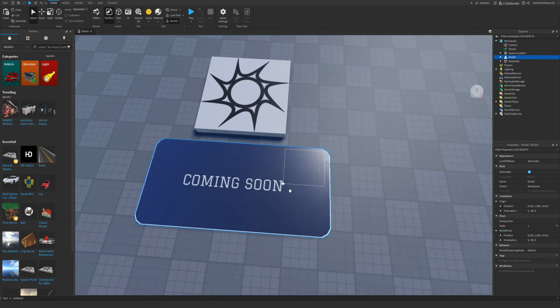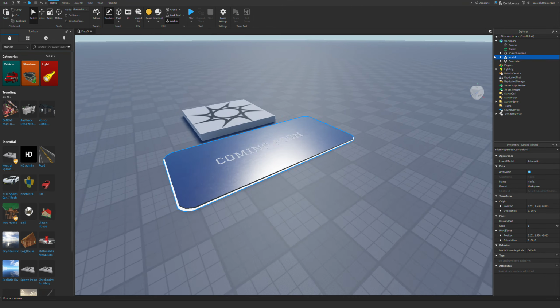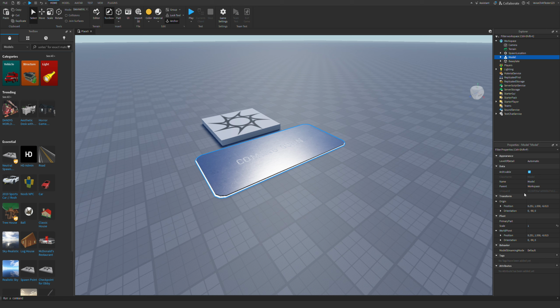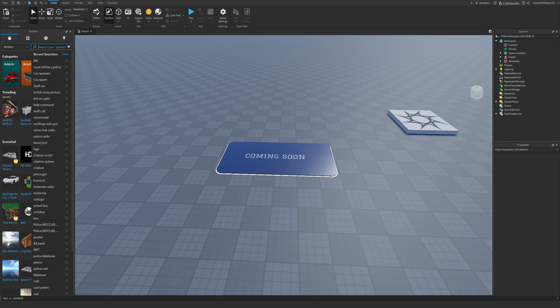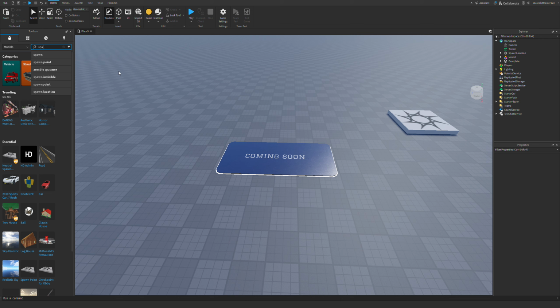So I made this, so I will publish this for you guys. One second. Okay, alright. So once you have this, go to your toolbox and type in